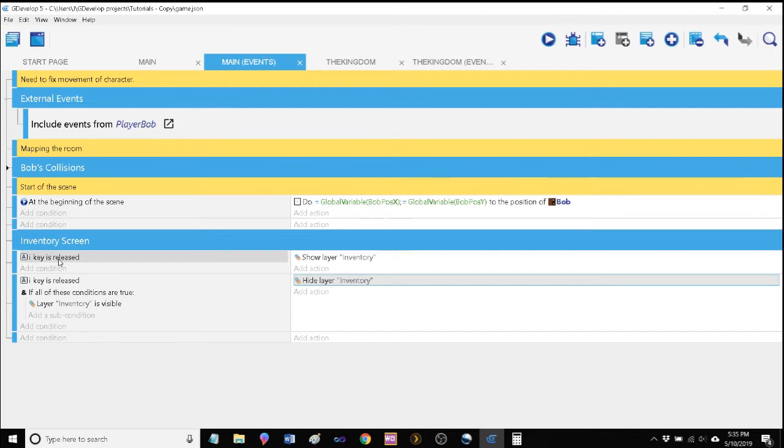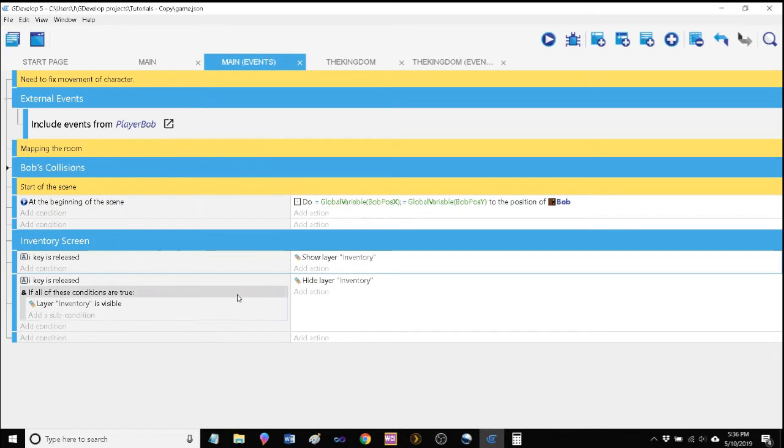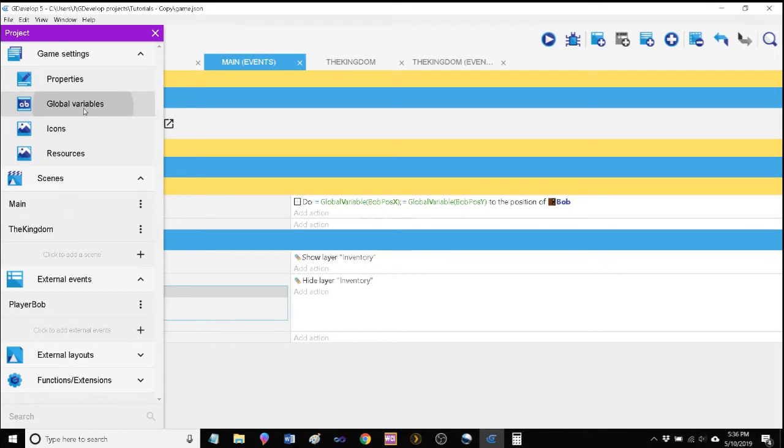The computer is intelligently stupid in that it's going to do exactly what you tell it to do in the order of events, and if it executes something so quickly, in this case it executes this so quickly that it never actually pops up on the screen. In some ways we actually have to slow this down, and how we're going to do that is we are going to use variables to sort of monitor whether or not the layer is visible or not. So let's head over to our global variables again,